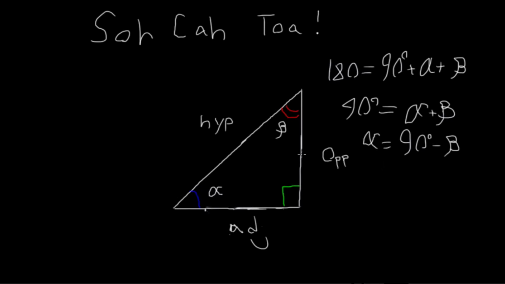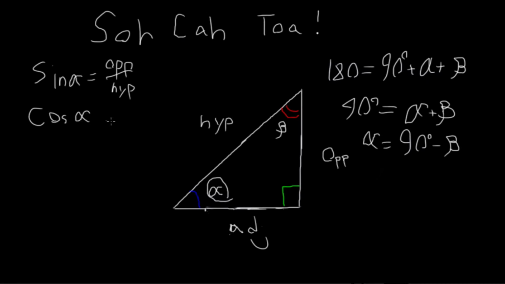So just to get that out of the way, this is to say that we only need to know one angle. If we know one angle, we can solve for all of them. So let's say we only know A. Let's say we know this angle A here. So what is the sine of A? The sine of A, as we learned from SOHCAHTOA, sine of alpha, is equal to the opposite over the hypotenuse. The cosine of A,